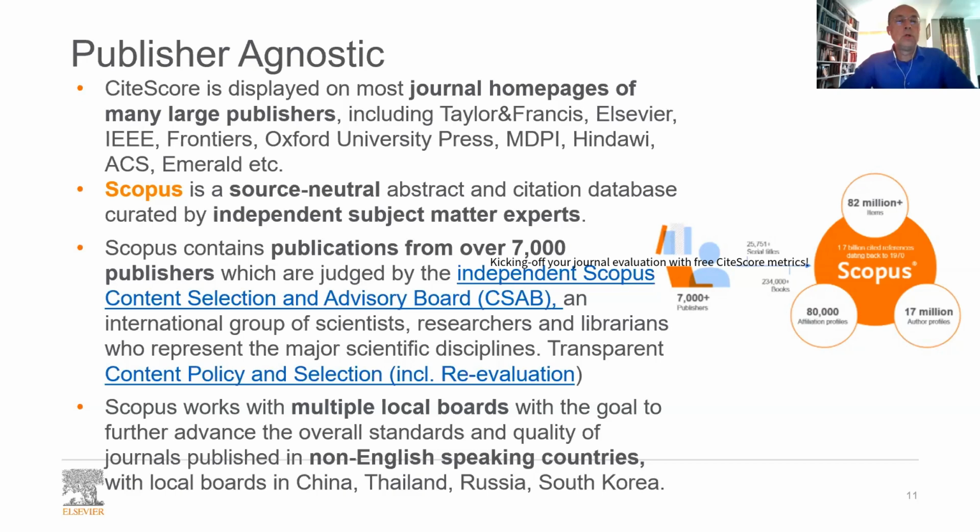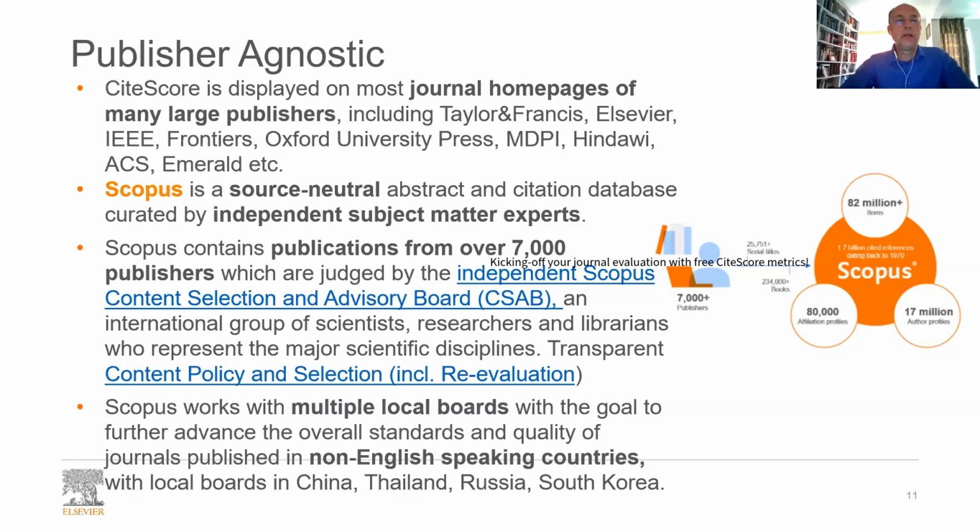And it's also not only displayed on journal homepages of Elsevier, but it's also, for example, visible at pages by Taylor and Francis, societies like IEEE, Frontiers, Oxford University Press, MDPI, Hindawi, ACS, Emerald, etc. And I can basically give you another 10 or 15 names.